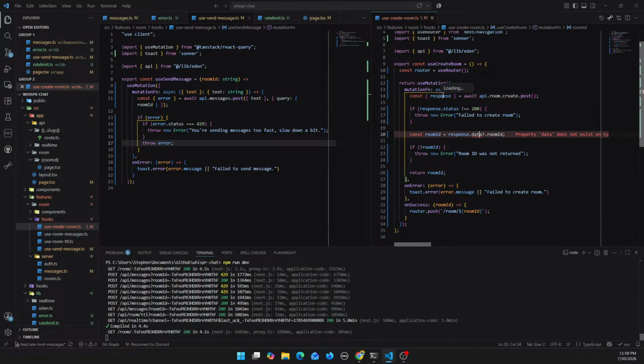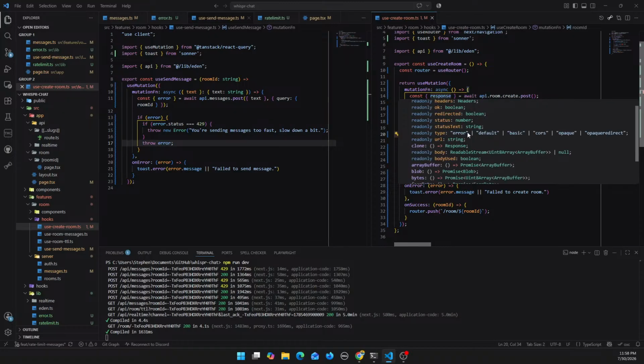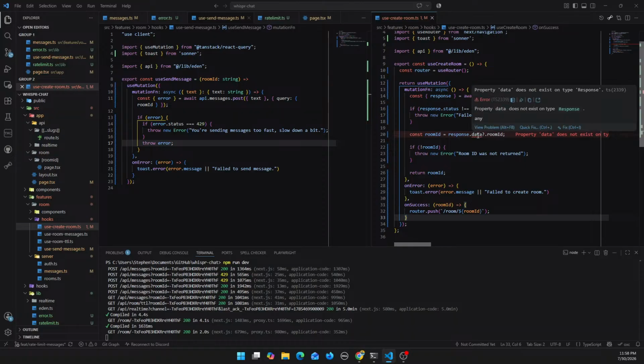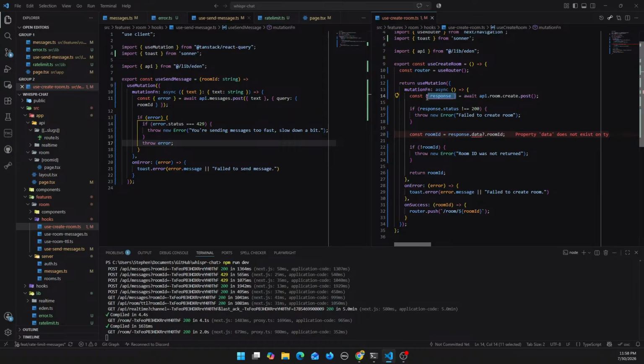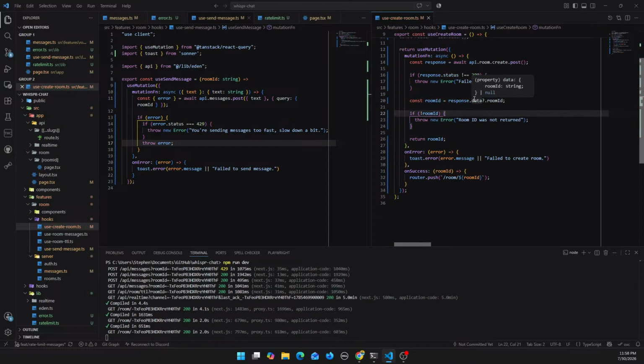Does response have error in it? Or response.data.error? No, it doesn't. So we need to, I know, we need to go to the